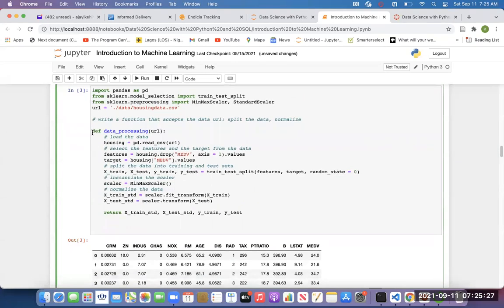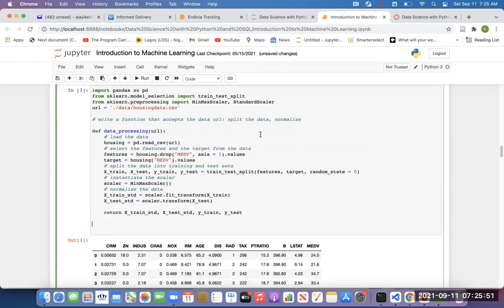Is this function clear to everybody? The question is why are we not transforming the ytrain and ytest also? Okay, so I'll answer it.